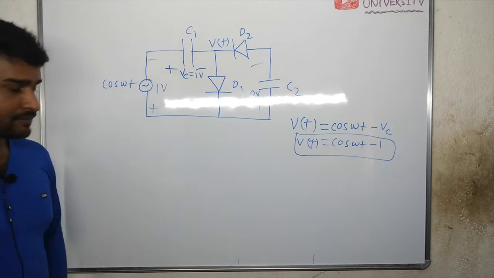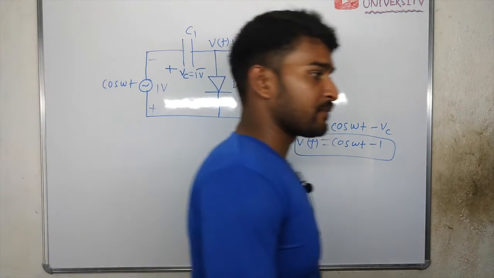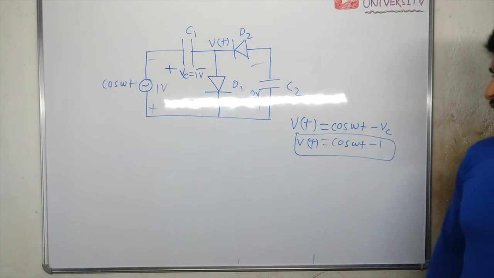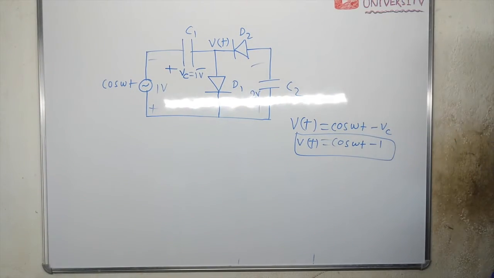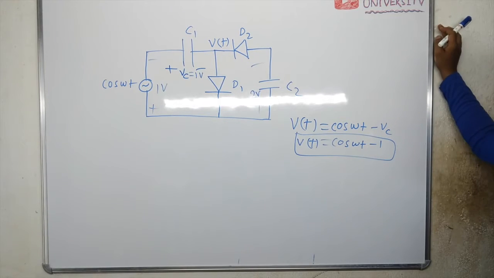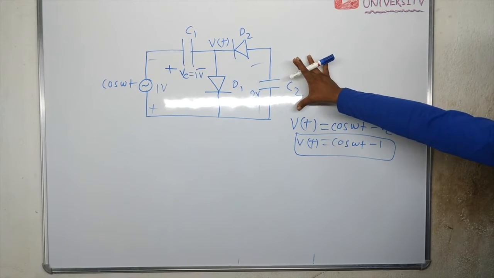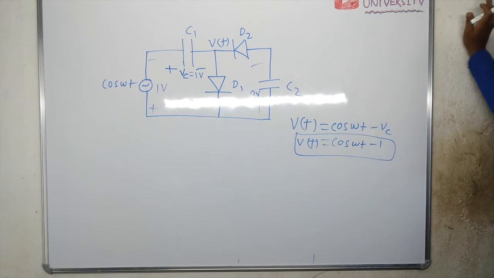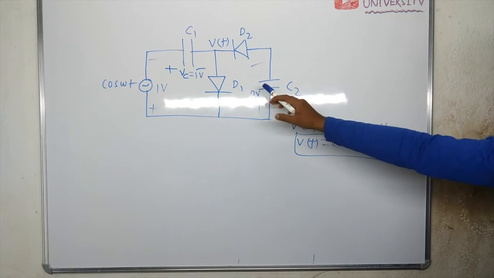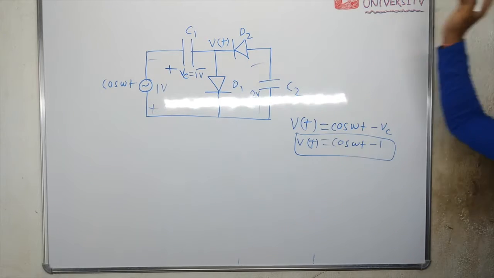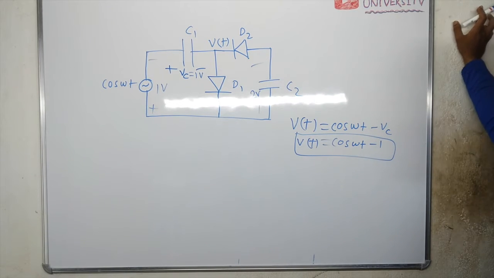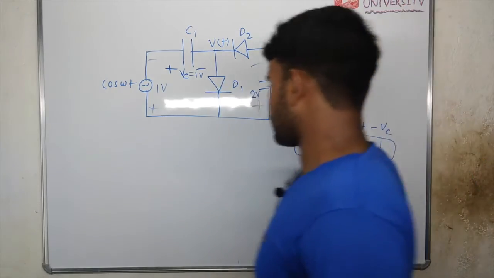And basically it is a voltage doubler circuit. Okay, voltage doubler circuit. Because if you take the output voltage equal to minus 2 times the peak input value of 1 volt. In a voltage doubler circuit, output voltage is 2 Vm. Here what is the peak value of input voltage? 1 volt. So you get 2 volt. That is, output voltage is minus 2 volt.